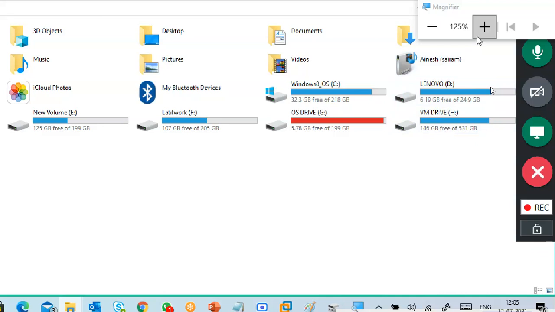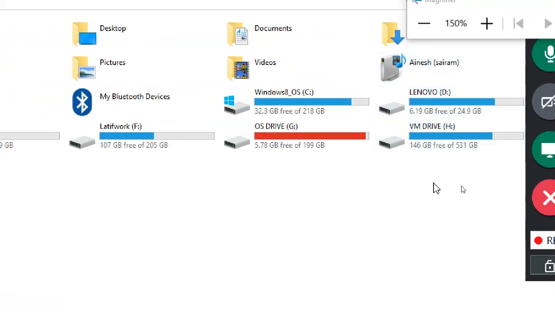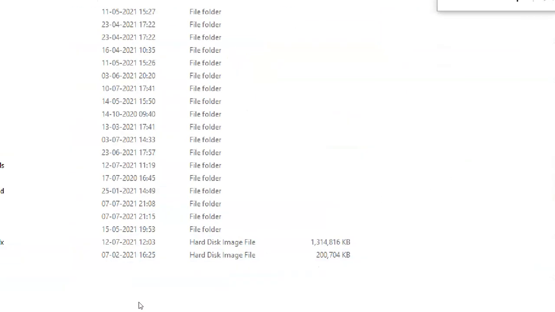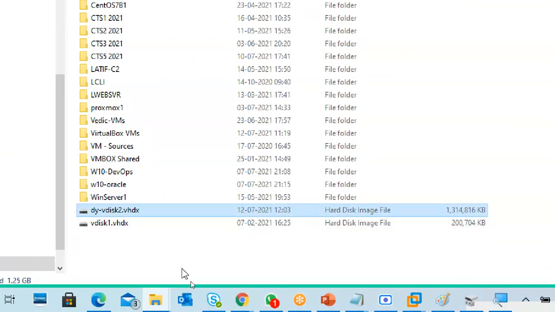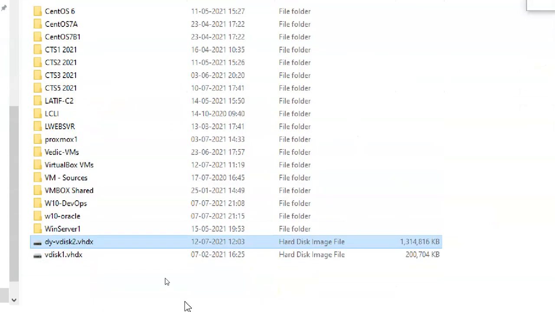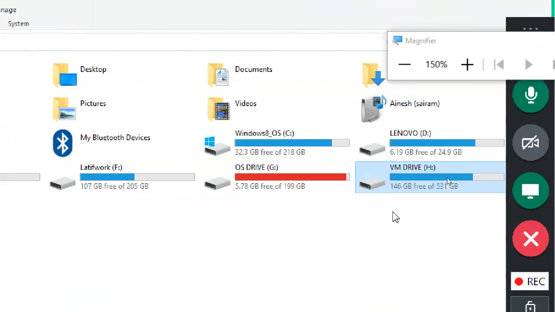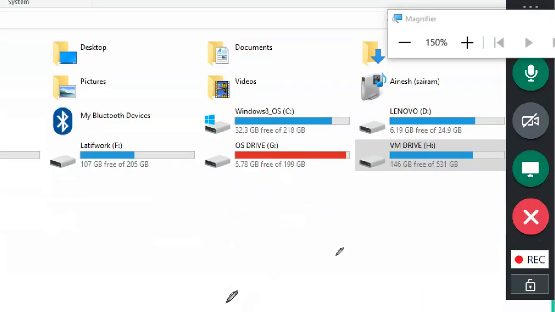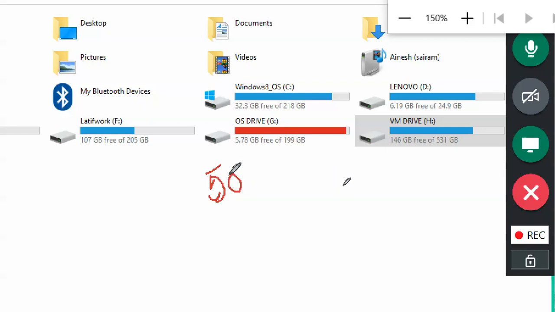Okay. So if you look, I deleted my fixed disk, the 10 GB disk, so it became 146 GB. So it gained the size. Dynamic disks are more beneficial because of this. Actually, my free disk space is 146 GB presently. For example, I want to create a 200 GB or 500 GB virtual hard disk. I can create it here, no problem.